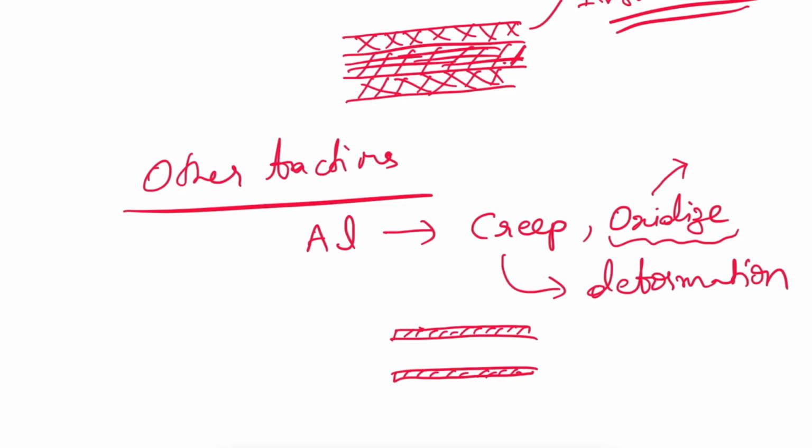So this is aluminum oxide, which is actually a dielectric material. And aluminum immediately oxidizes. So these do not occur in case of copper. So that is very, very important. That is why aluminum is not used in generating stations, substations,